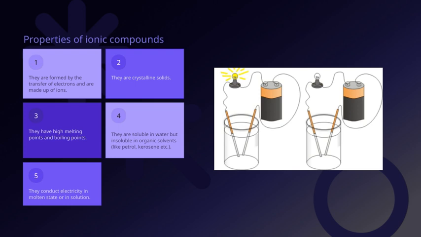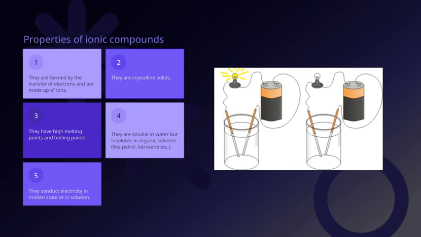Third, they are crystalline solids, which means they form a regular, repeating pattern of ions. This crystal structure gives them their characteristic shape and stability. Fourth, ionic compounds tend to have high melting and boiling points. Because of the strong electrostatic forces between the ions, a lot of energy is needed to break these bonds and